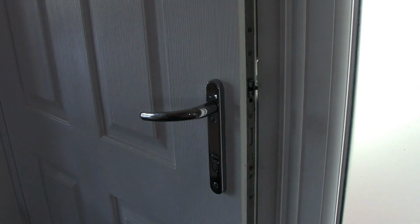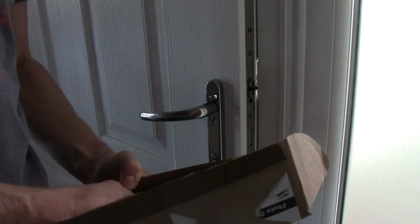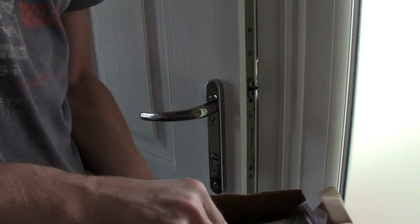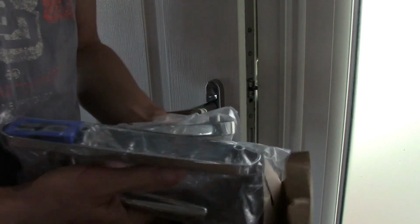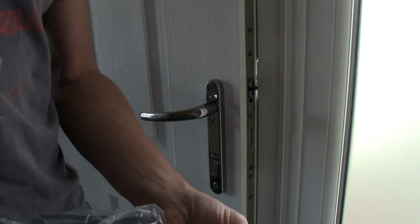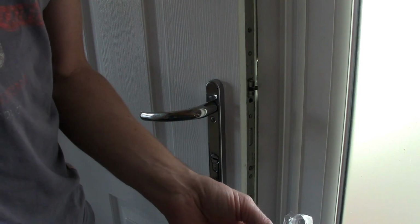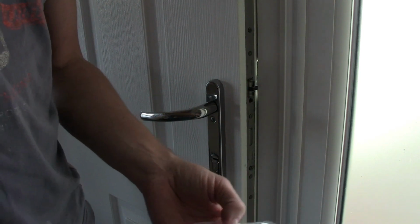What we have done is purchased a replacement handle or pair, outside inside. So we're going for chrome again. These are off eBay. They come with the spindle and the securing bolts or screws. Different, I think these ones got different lengths possibly. Anyway, so